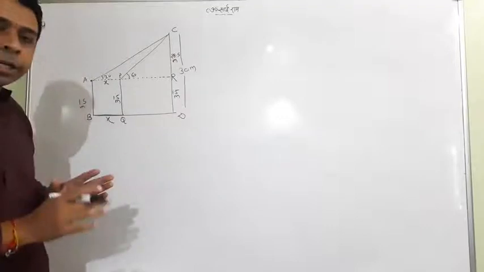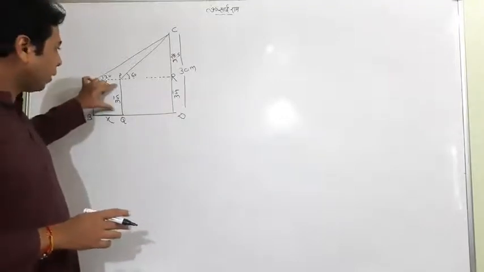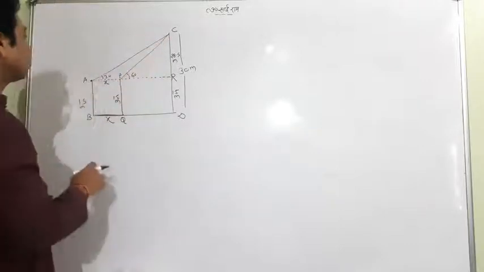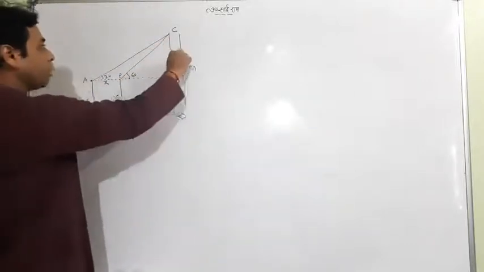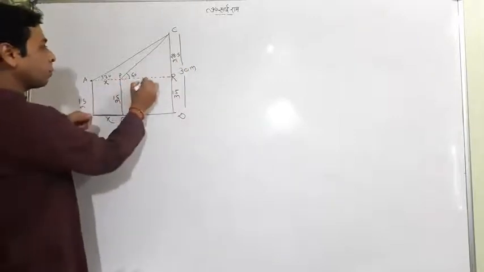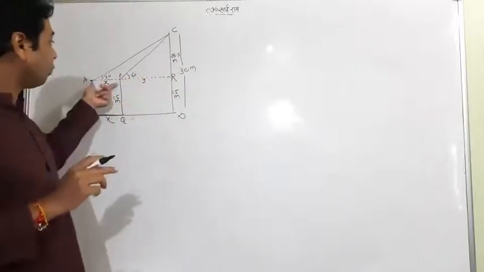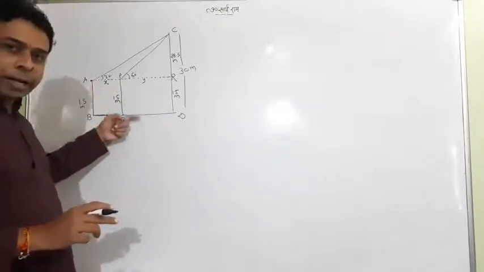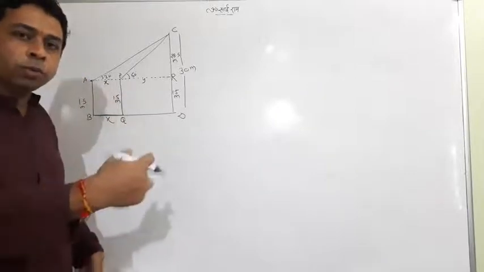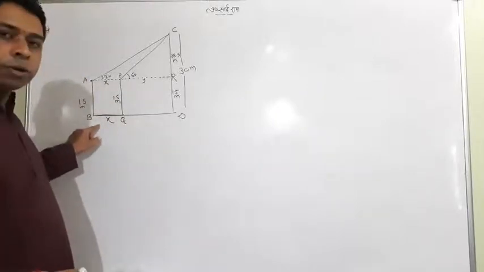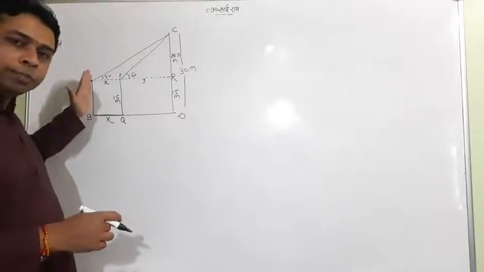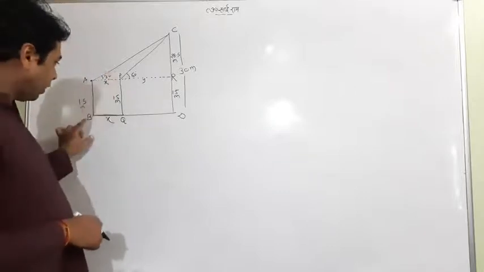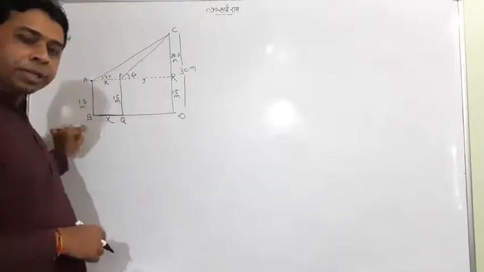Hope you are getting what I am telling you. This is 1.5 meter, it is also 1.5. The whole was 30, so the rest is 28.5. Now we have this 28.5 and two angles. Suppose this distance is y, and we want to find the value of x. The boy is walking towards the building, and the question asks how much he walks. Actually, the boy was standing here at the first position, and at the second position he is here. We have to find the distance he walked, meaning x.